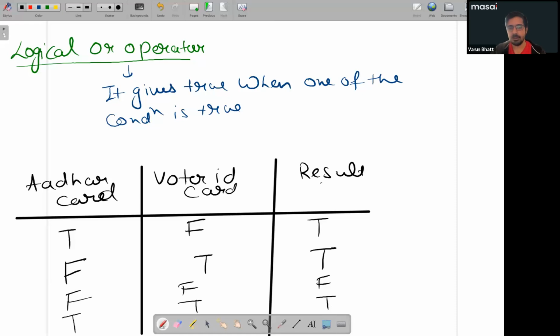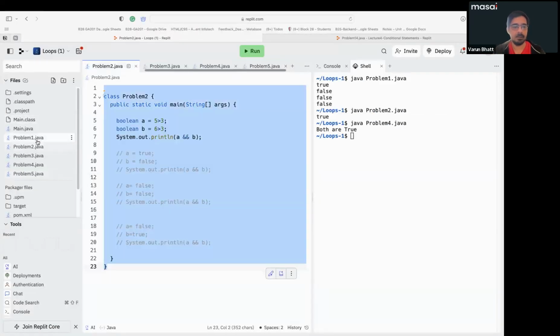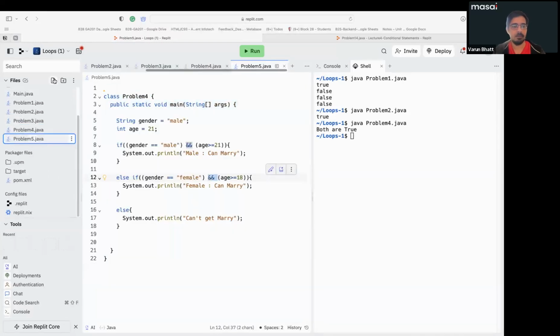So this is something like a result of the OR operation. This is known as logical OR. And how do we represent this OR operation? This is the symbol in Java. Okay. So now if I go to the compiler and copy paste it, and write problem6.java,